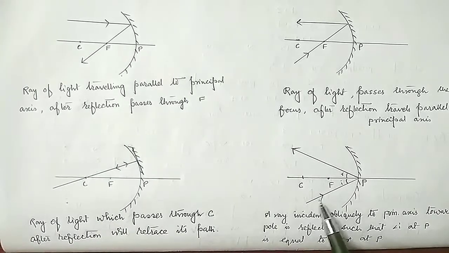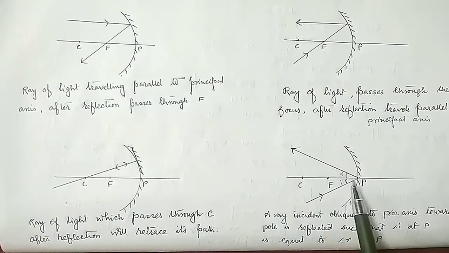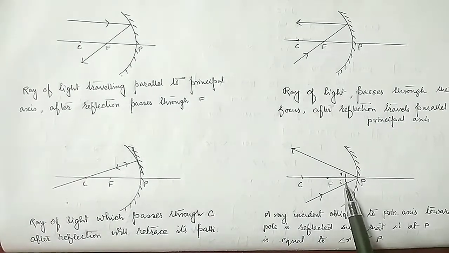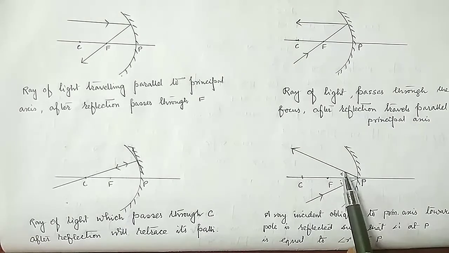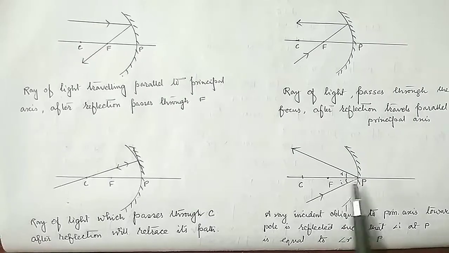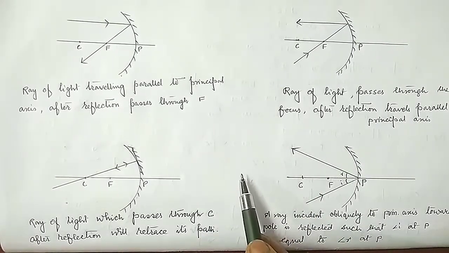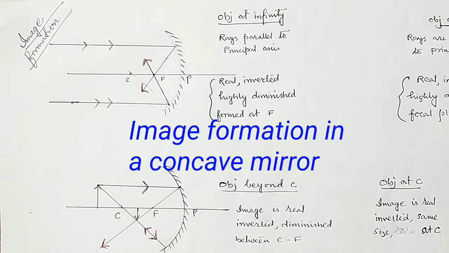And a ray of light which strikes the pole will reflect in such a way that the angle formed by the incident ray with the principal axis and the angle formed by the reflected ray with the principal axis remain the same. So these are the 4 rules that we have to keep in mind while drawing image formation in case of a concave mirror. Let me now discuss the formation of image in a concave mirror for different positions of the